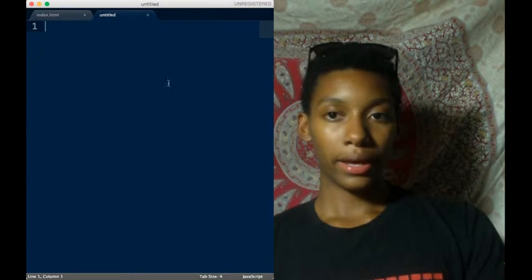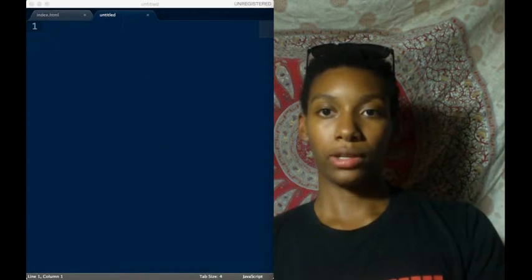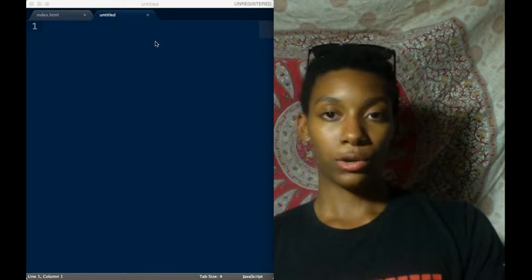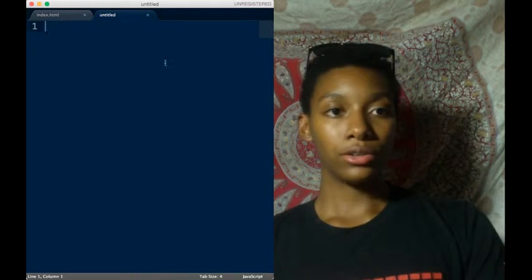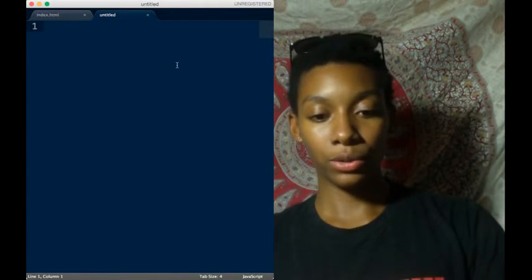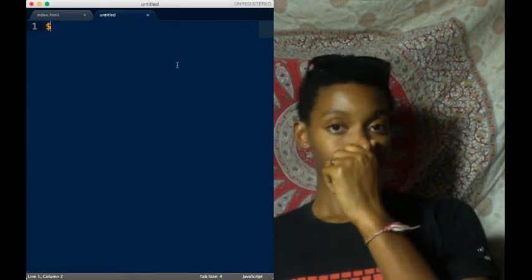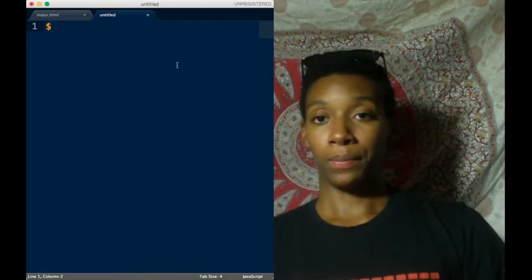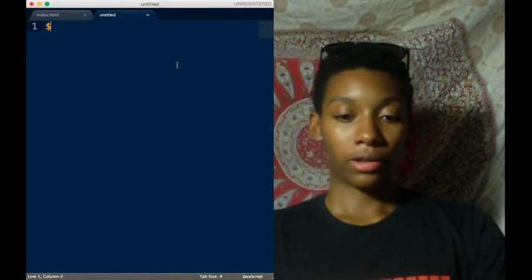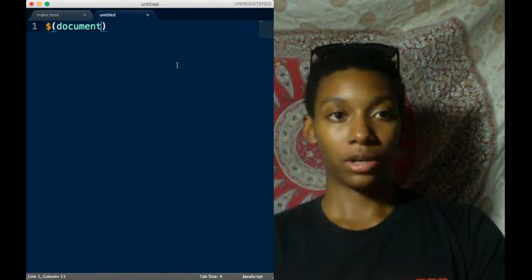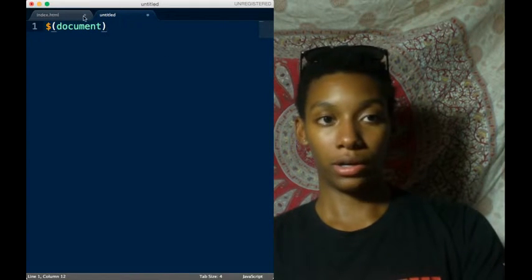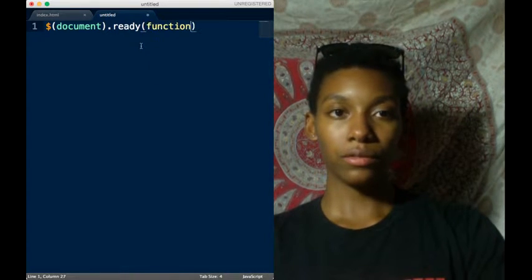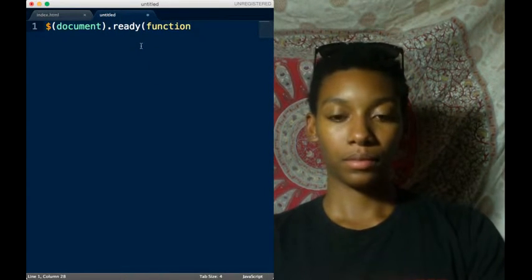The very first thing I'm going to do, like we did last time, is put in my document ready function. I'm going to do it the old school way. We did the new school way last time, which is a really quick way to put in your document ready function, but I'll give you this example as well. So document, to call the document, which is going to be our index.html, .ready is the property. Function here,